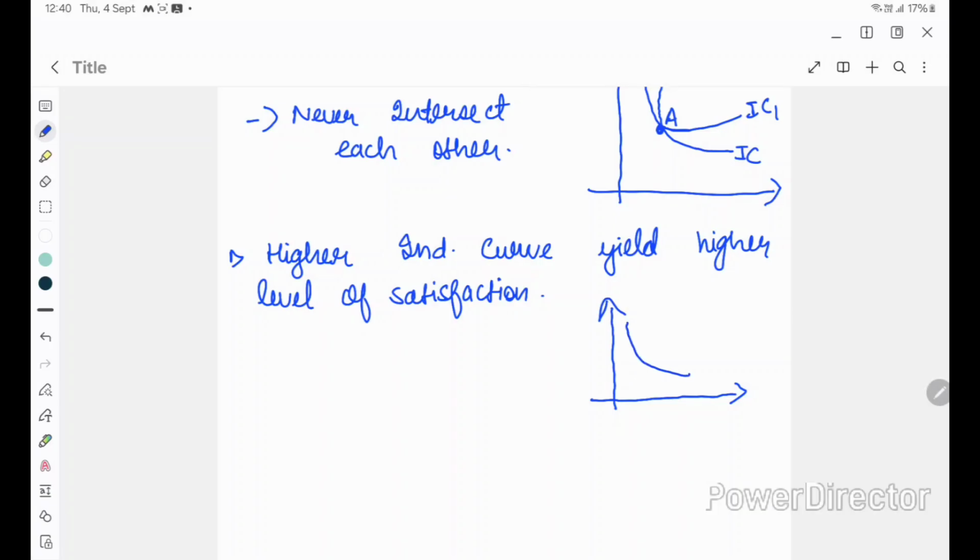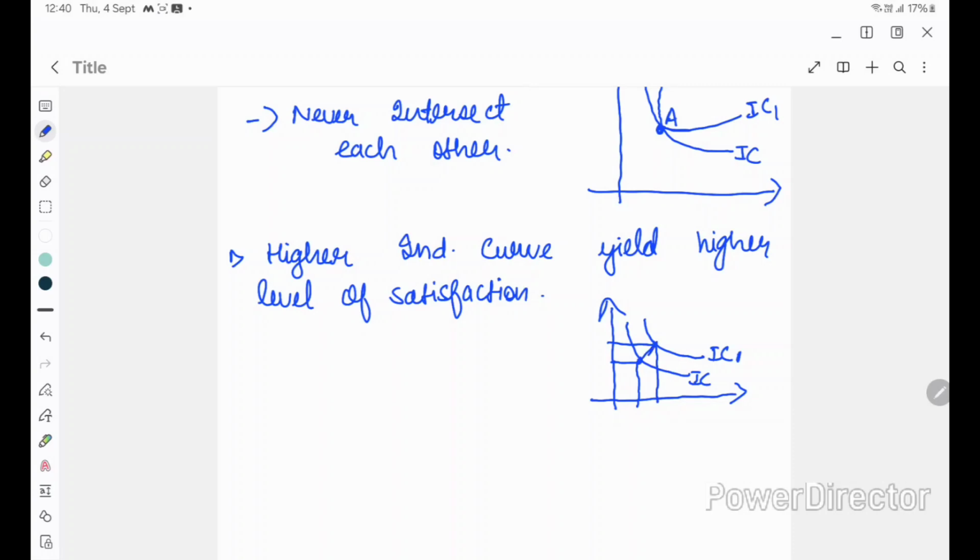Therefore, a higher indifference curve will always give a higher amount of satisfaction. Why? Because in this case, this one is the higher indifference curve and this one is the lower indifference curve. This higher indifference curve is giving more of both the goods. See,